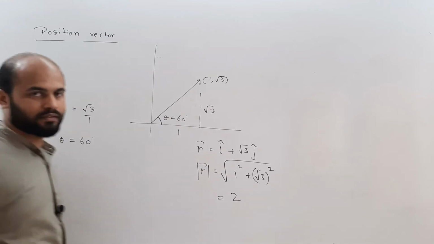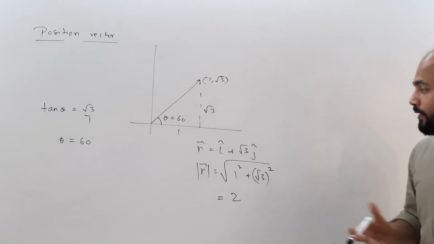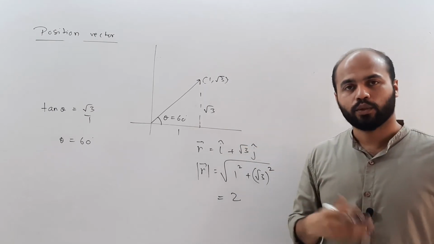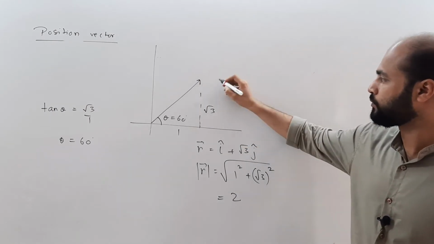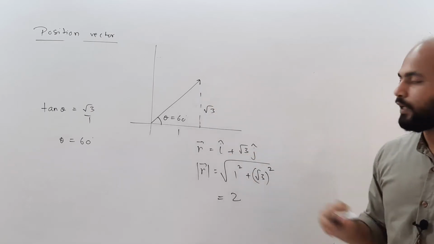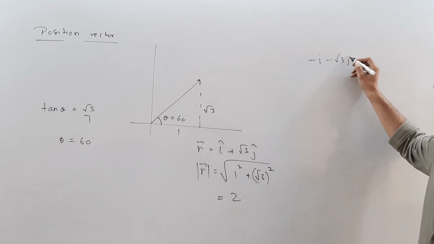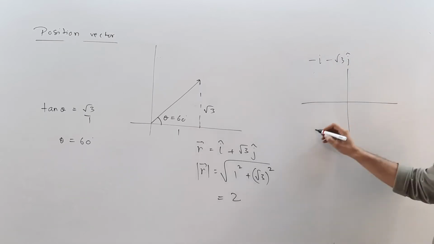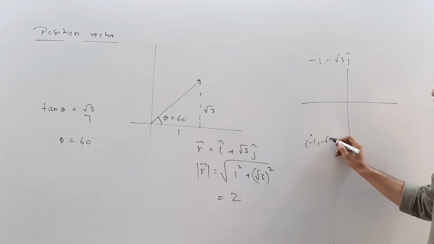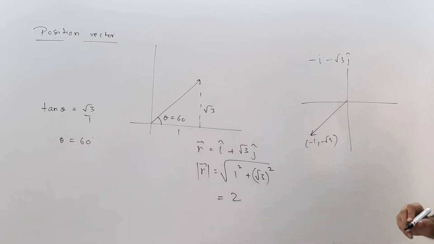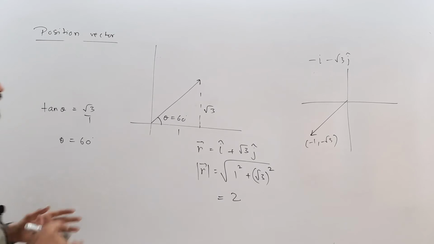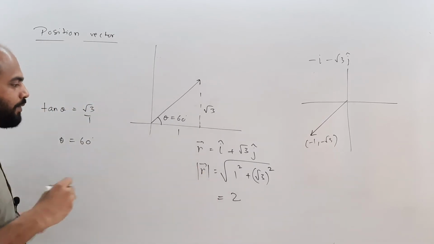Now reverse, or going the other way, if I just say that the vector is i cap plus root 3 j cap, you can obviously locate this vector also. That means you know that the point is 1 comma root 3. If I just tell you that the vector is going to be minus i cap minus root 3 j cap, it means that the point will be here and that point will be minus 1 comma minus root 3. So the vector is going to be this.